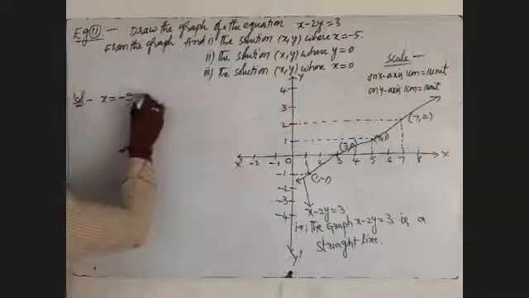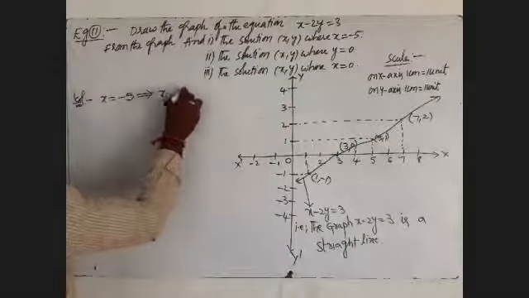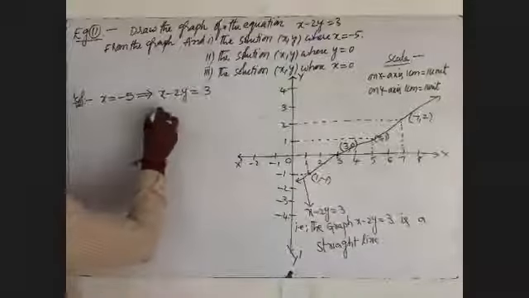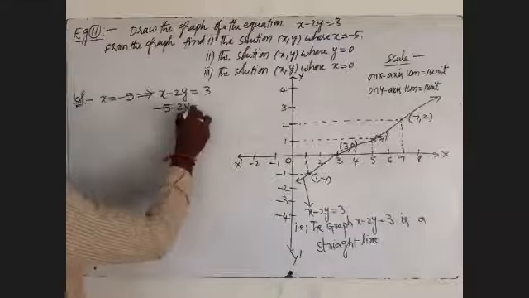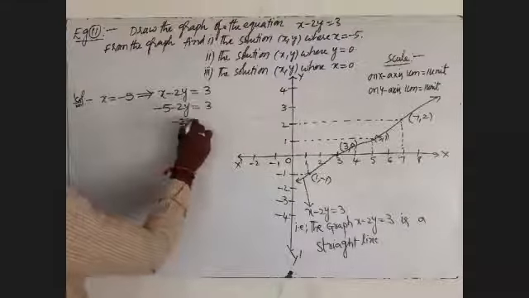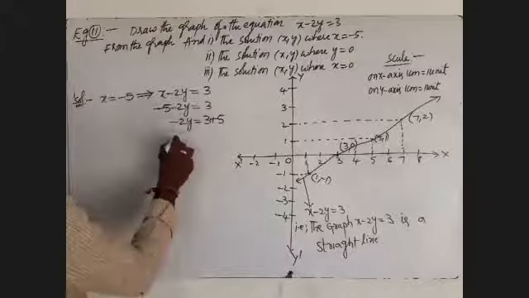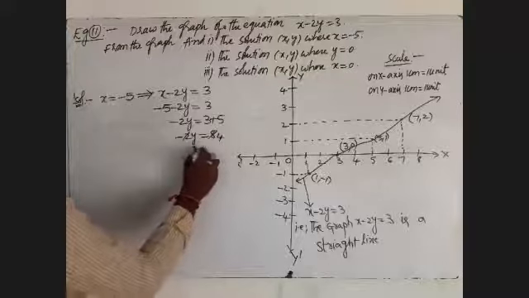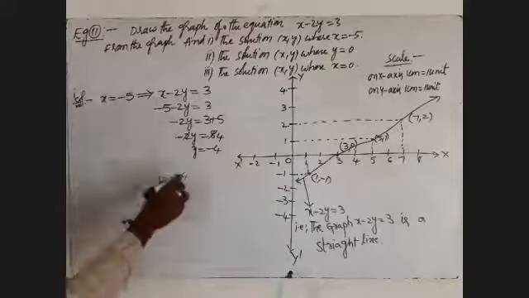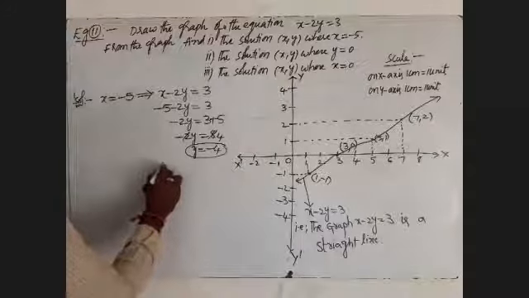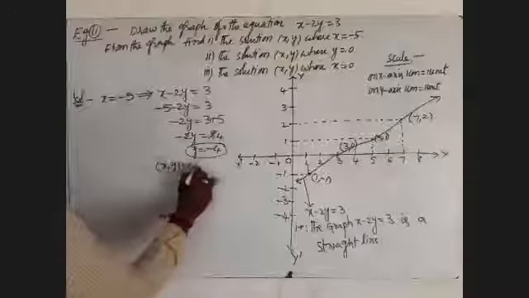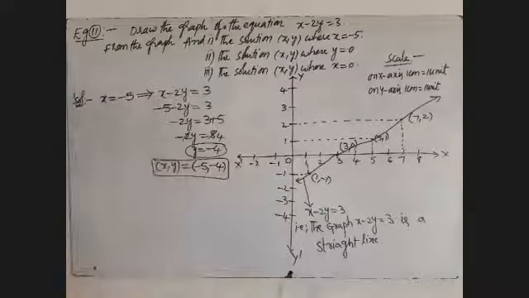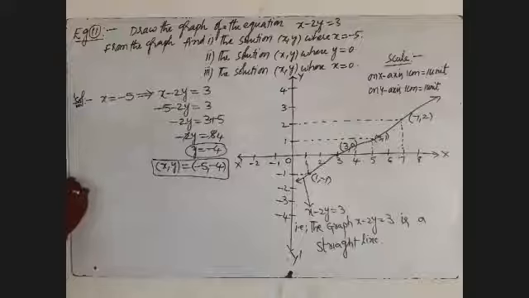What about the given equation here? The given equation is x minus 2y is equal to 3. Where the given x value is minus 5, I will write minus 5 minus 2y is equal to 3. Minus 2y is equal to 3 plus 5. 3 plus 5 is equal to 8. 2 fours are 8. That is the value y is equal to minus 4. Here we'll write the ordered pair of x comma y is minus 5 comma minus 4. This is the first one.